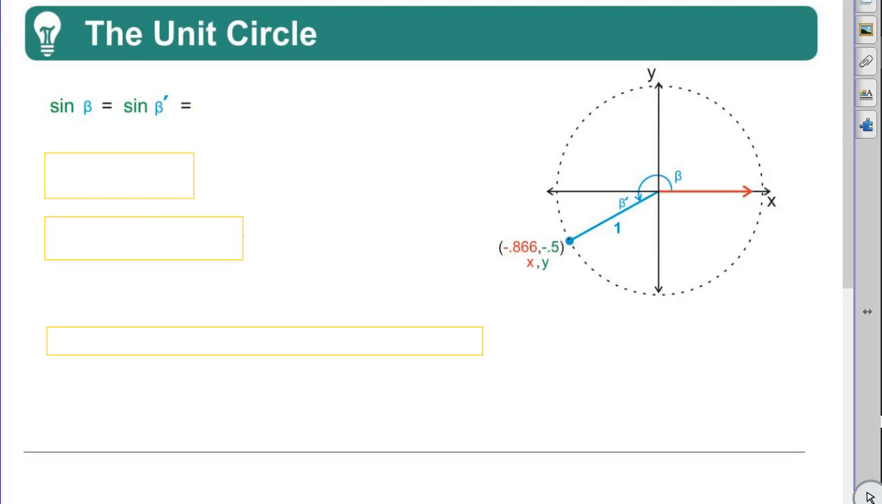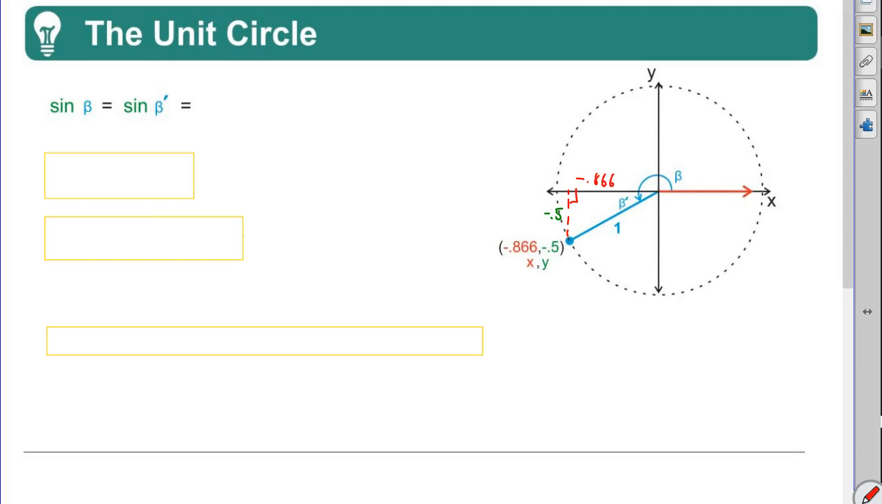All right, so what if they ask you something like this? What's the sine of angle beta? Well, remember, the sine of beta will equal the sine of beta prime, its reference angle. And if you remember, reference angles are formed when you make a reference triangle back to the x-axis. Okay, so let me label some things here. This is the y value, so this is negative 0.5. This is the x value, so this is negative